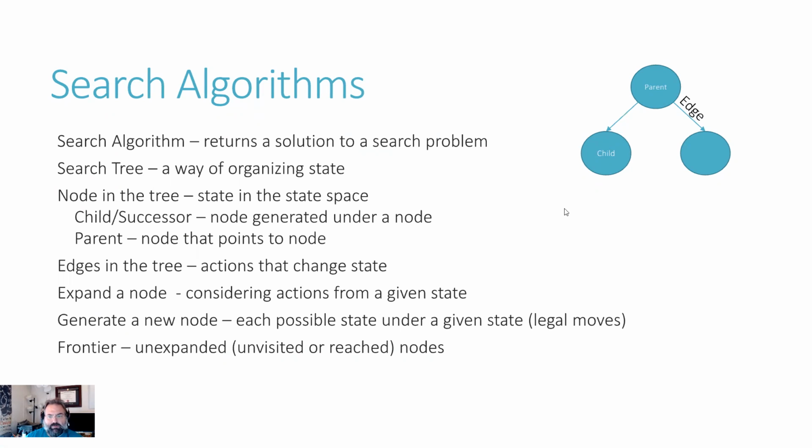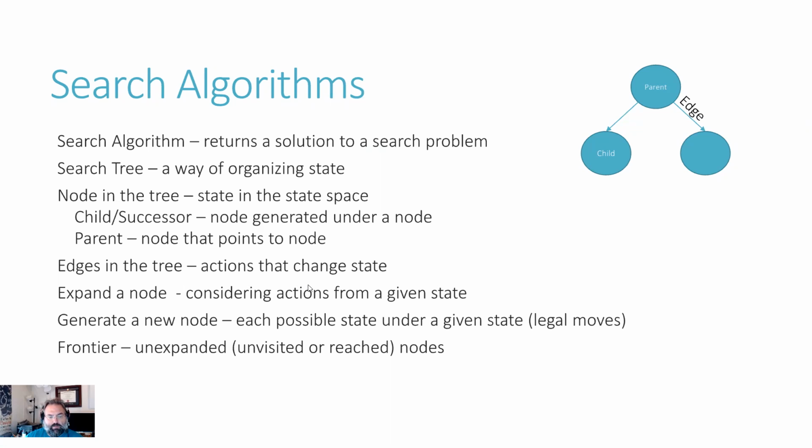Each of these nodes is essentially a state that is associated with actions that occurred in the previous state to get you to that state. The parent is obviously the node that points to the child. So it's the one that you started with, and then you make changes to it and you move down through the thing. As you can see, even with relatively simple stuff, this gets pretty big pretty quickly.